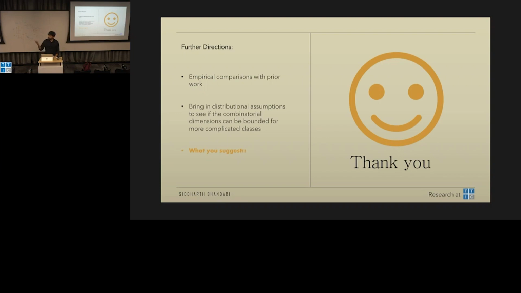Questions? Right? Oh, sorry. Can you say again why leave one out dimension is the lower bound for NRT? Yes, so